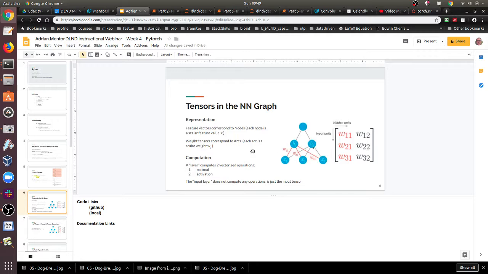And so you can consider that each one of these arcs is a scalar, which corresponds to a weight